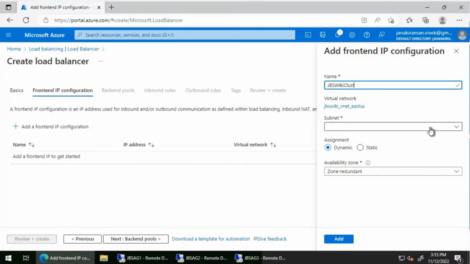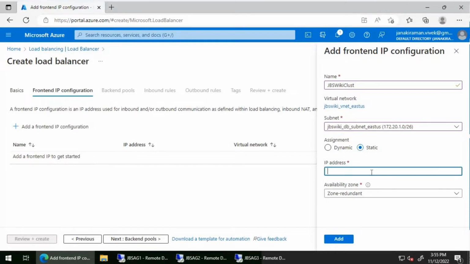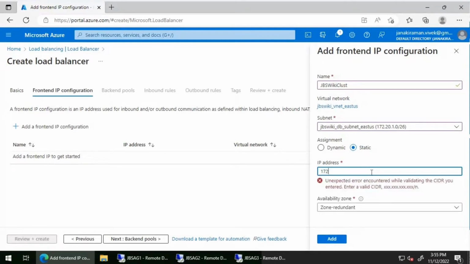And I'm going to select the required subnet. But before that, if you see here, the virtual network is already selected, which is the East US virtual network. Now I'm going to select the subnet related to the database one. So I'm going to select this JBS Wiki_DB_subnet East US. And assignment, I'll be selecting static. And now I'm going to give an IP address. It is very critical you remember this name and also the IP address. The IP address is going to be